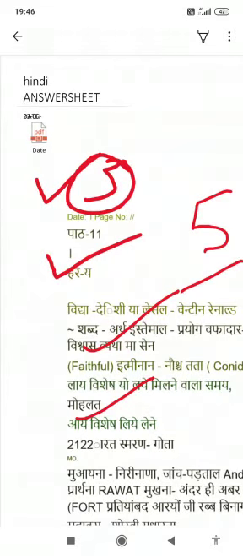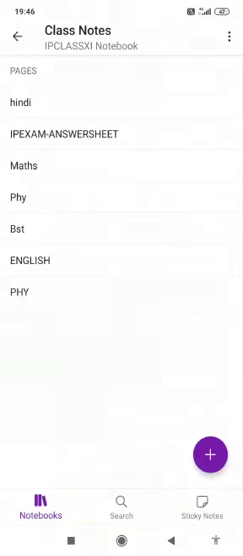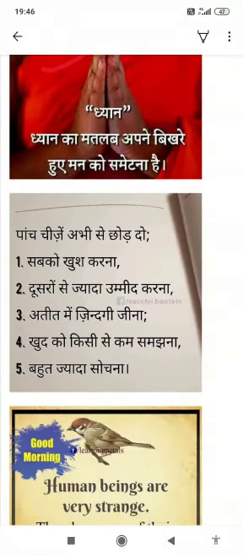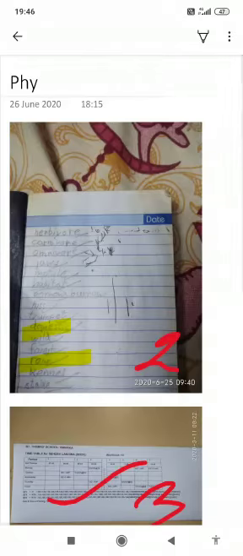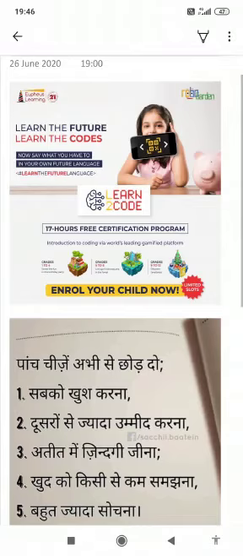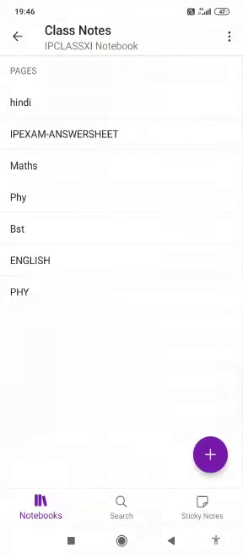You have already uploaded it as a student. Then IP, as a student I already uploaded the answer sheet of IP. Then after that there was the exam of Maths, so I uploaded Maths as well. For Physics, I uploaded Physics too. So I told you one by one. Then I uploaded Business Studies as well. So you can see here, Hindi, IP, Maths, Physics, all these are called sections. All these are called pages of a class note section.